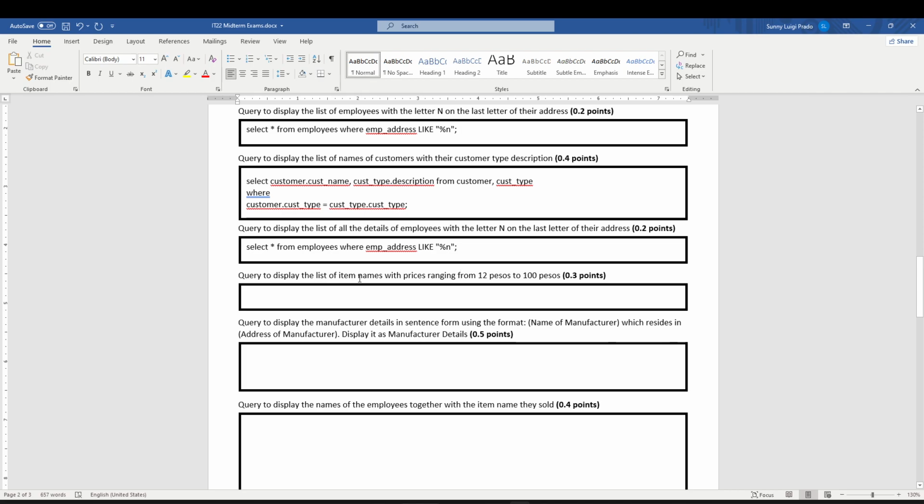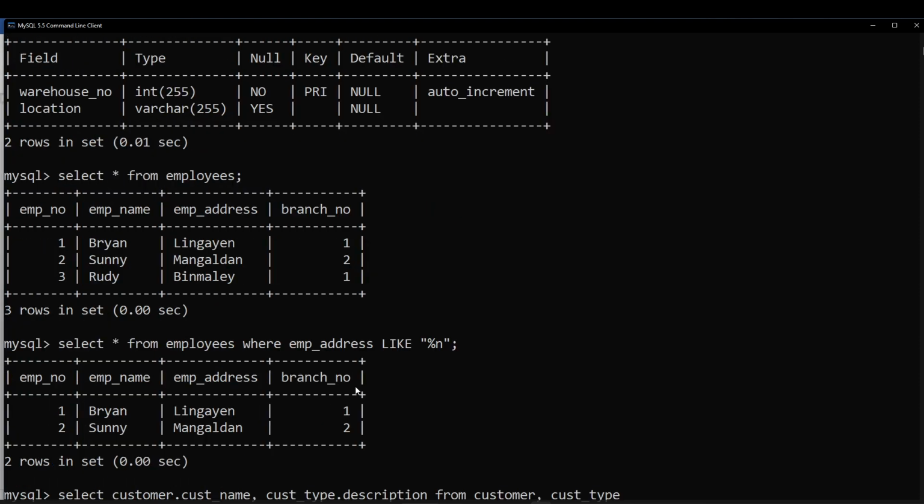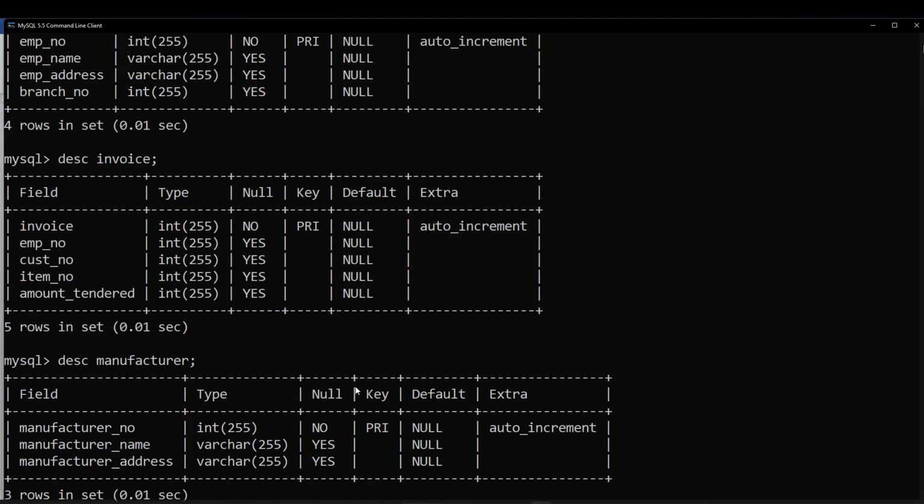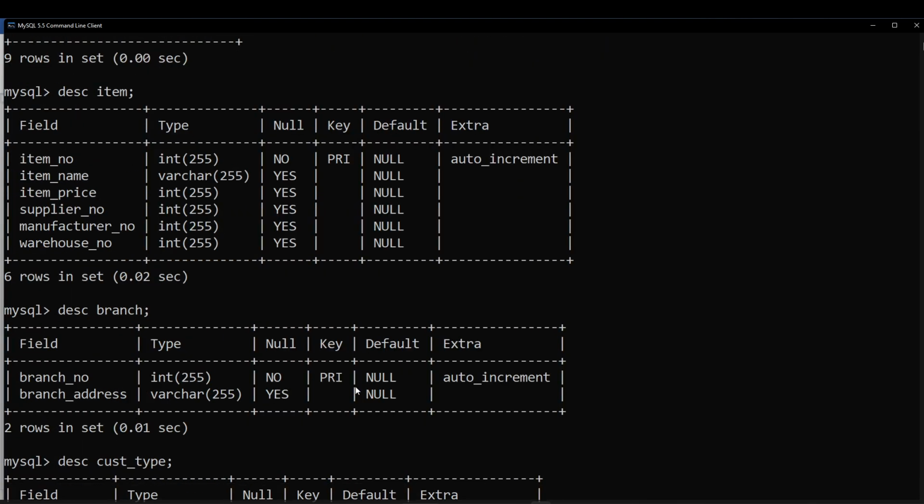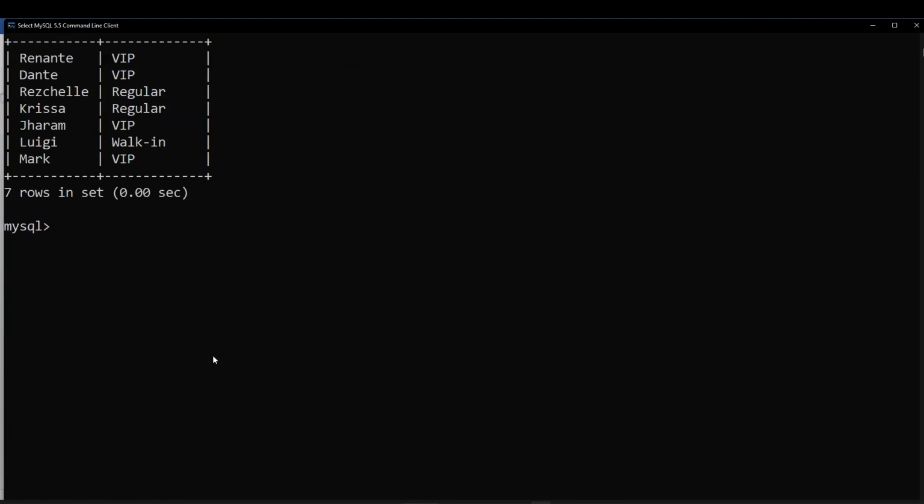Okay, so the names of the item with their price. The item table has the fields here: item number, name, price. So we'll just pull this to here, item name and then item price. Okay, so the query for that is to select the item_name, comma, item_price, from